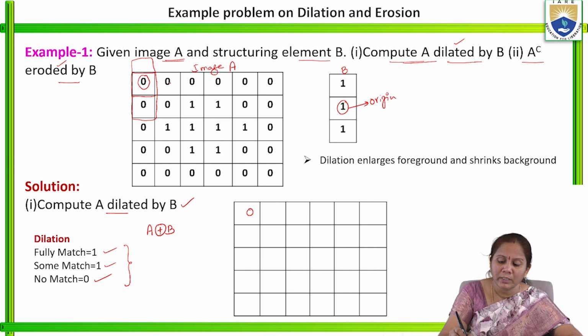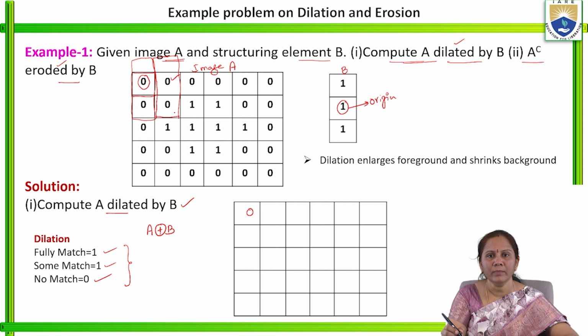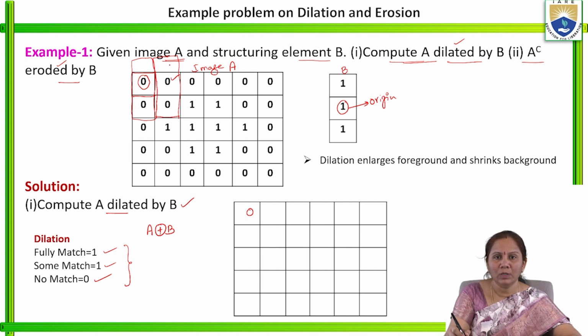So now, in order to find this element, let us shift the mask of the structuring element here, such that this value will be 1. So here becomes 1 and this will be 1. In this case also, here all are zeros, but in the structuring element all are ones, so there is no match. So in this case also, we have to represent the output pixel value as 0.